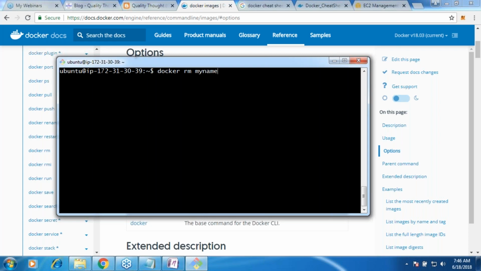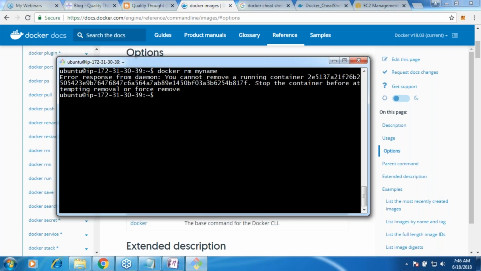All right, so let us see whether this container will be removed or not. It will not be. It will tell that this container is running and I cannot delete it. If you want it to be deleted, stop that container and then I'll be able to delete it. Yes, that is the error message if you read it.